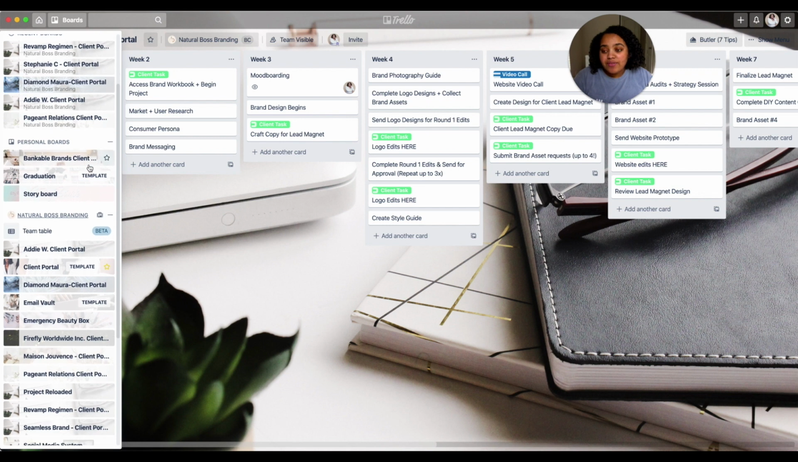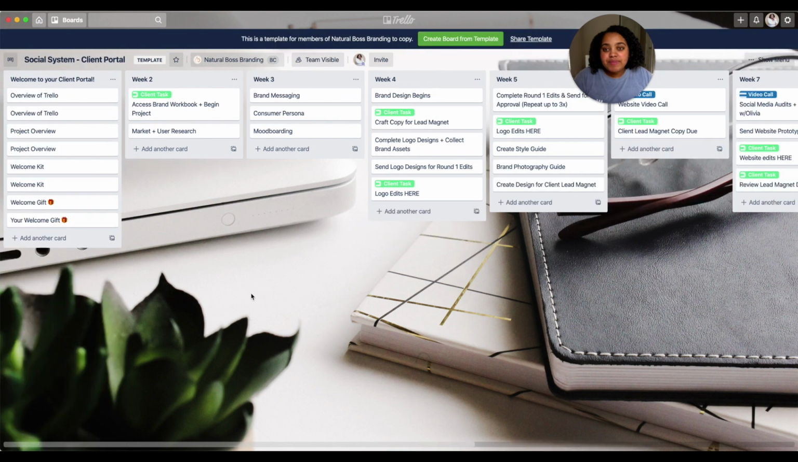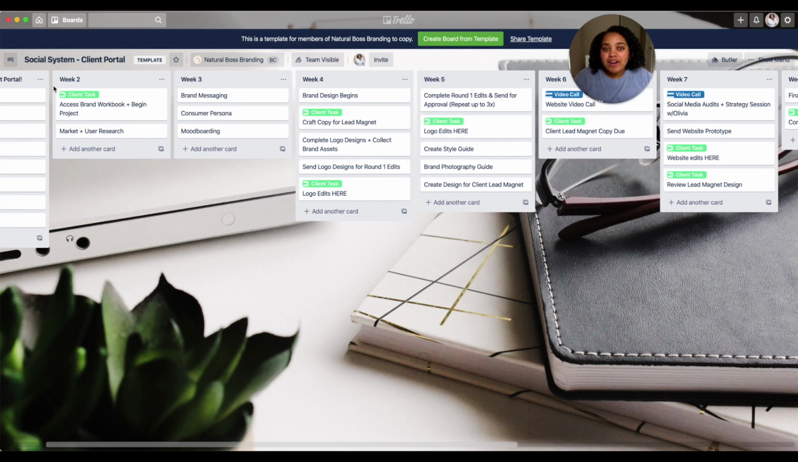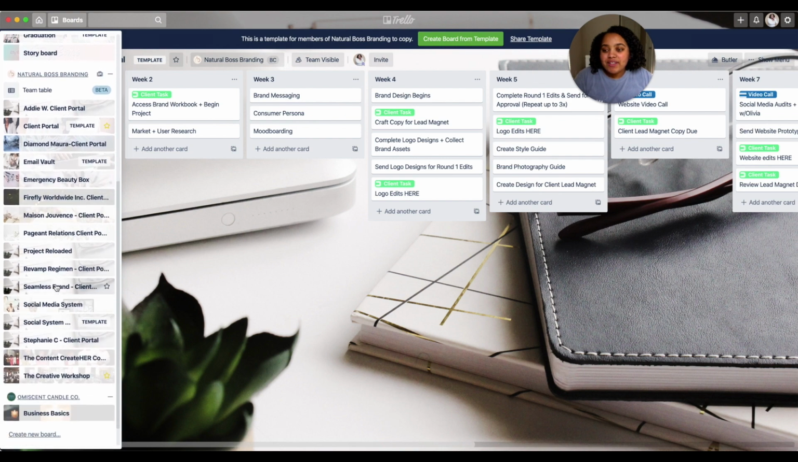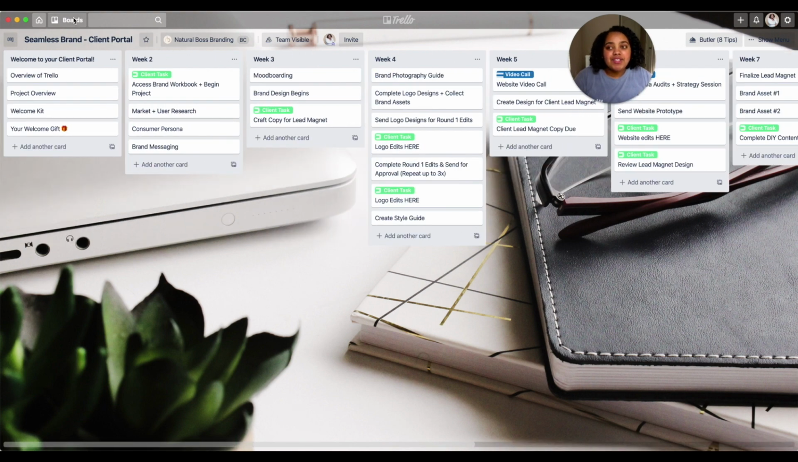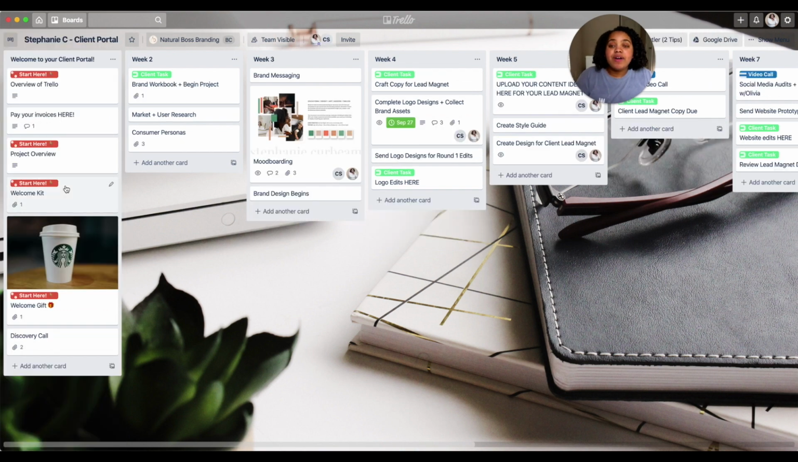And then we have the social system template. They all kind of look the same, but they aren't the same. I can tell you that right now. And then we have the seamless brand, which is a little longer. And there are still changes being made to templates because I'm always changing my prices and my packages, and so I'm always going in and changing that. So that's why I'm going to show you guys a current client portal so I can show you the ins